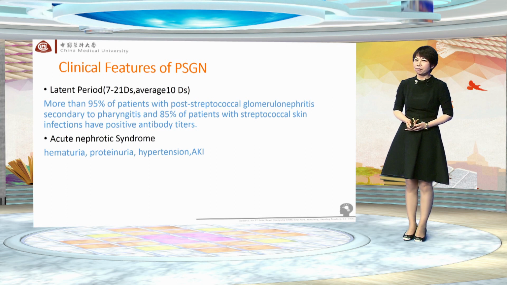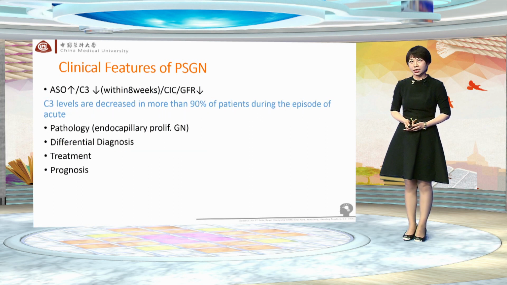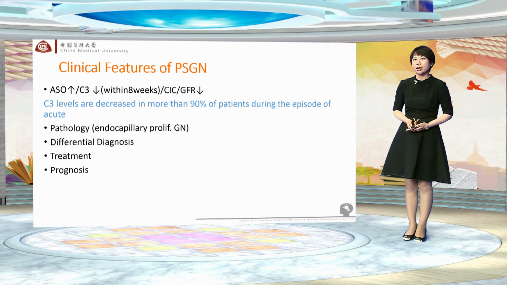Most cases manifest with hematuria, proteinuria, hypertension, acute kidney injury, and nephrotic syndrome 7 days to several weeks after a streptococcal infection. A variety of antibodies, such as anti-streptolysin O and a streptozyme panel of antibodies against streptococcal